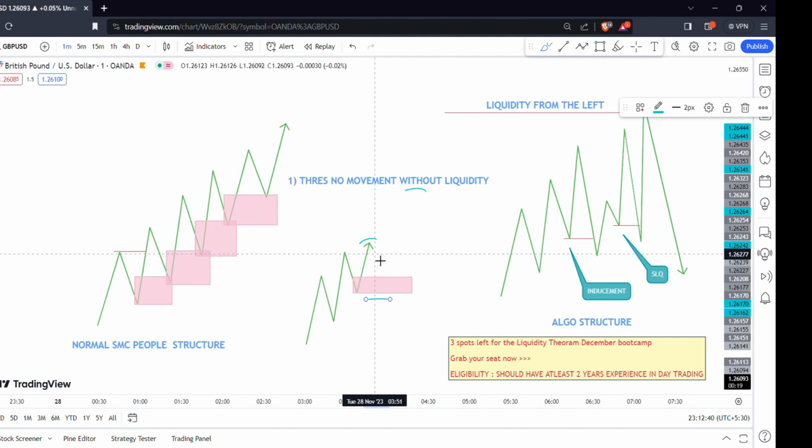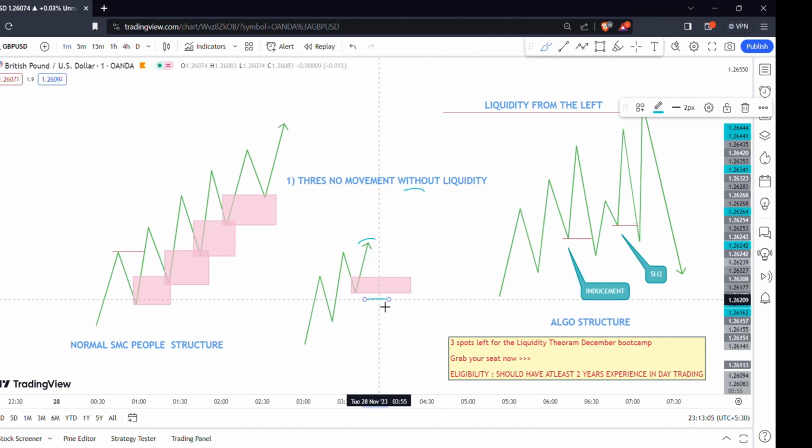They need sellers in order to get their buy orders executed. So where are their sell orders? All the sell orders will be at the retailers' liquidity. So here it is, the liquidity of the retail people. Beneath the order block there are millions of dollars of liquidity. This is how I read the banks, what the banks are doing in the current day, and I follow them. I will follow that day and move with them.